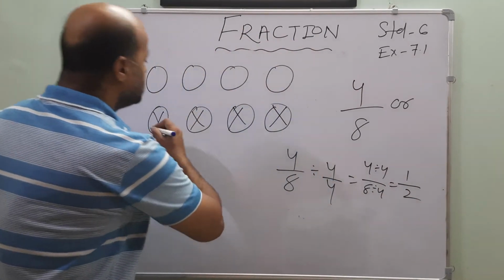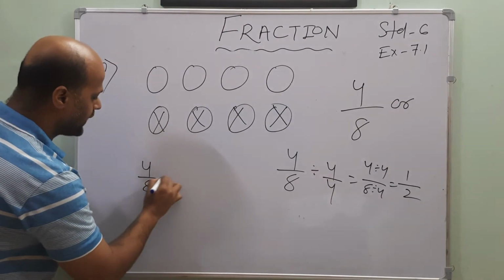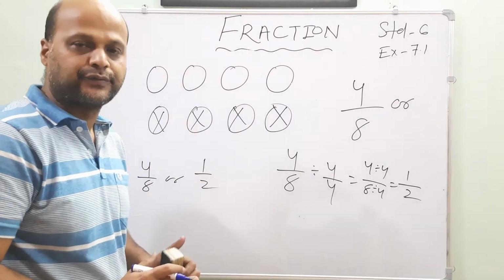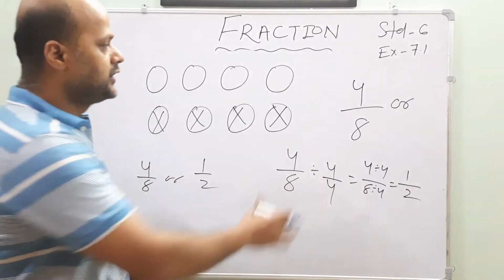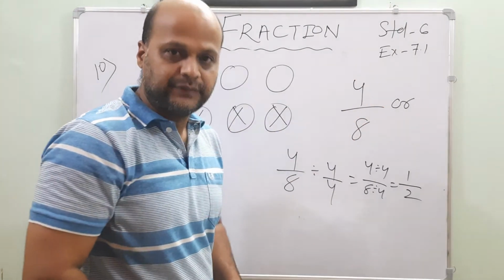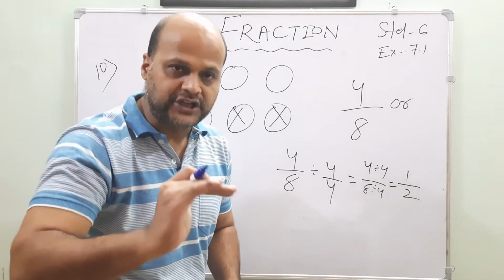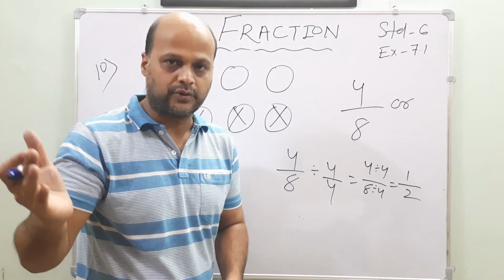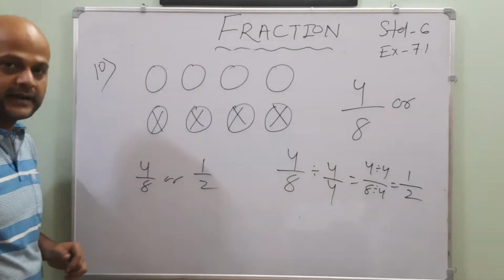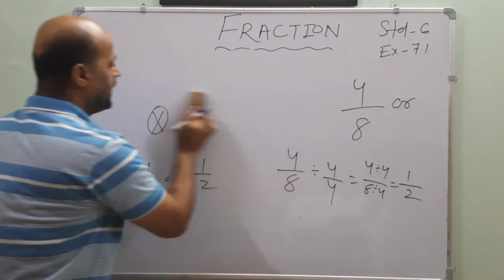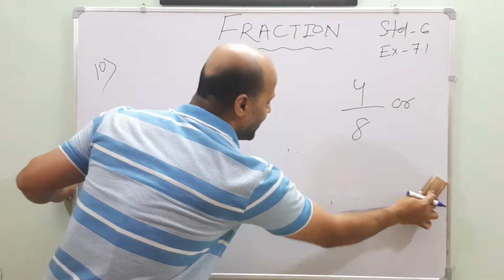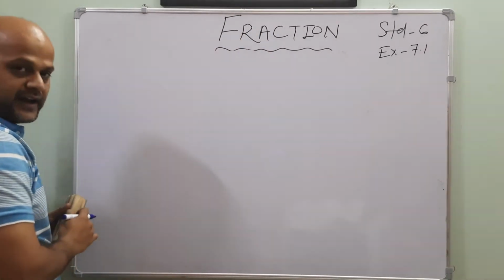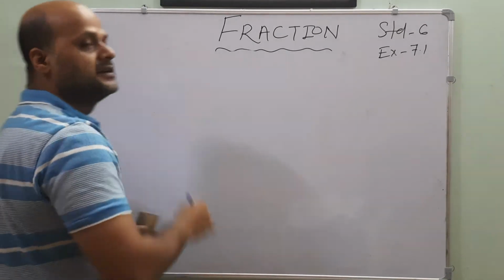I say that the picture represents 4 by 8 or 1 by 2. Both of them are correct, my dear friends. Don't confuse. When the fraction is coming and it is divisible, then bring it into the lowest form. We will discuss this one in the another class. Okay, what is the lowest form? Okay, this is the answer. Understood? How easy it is, my dear friends. Always one thing is there. You have to remember the funda. That is what? What is a fraction?